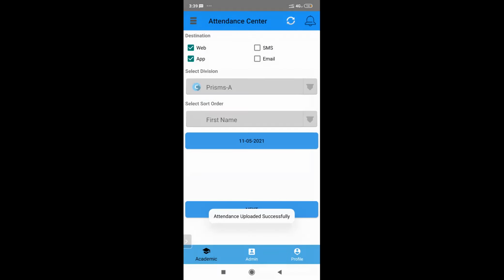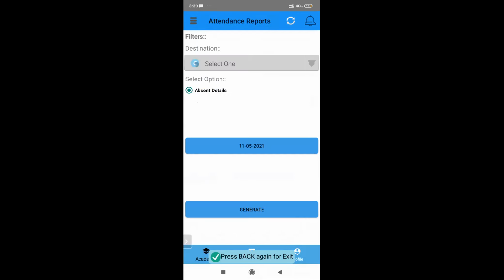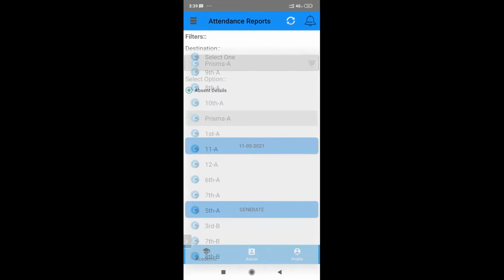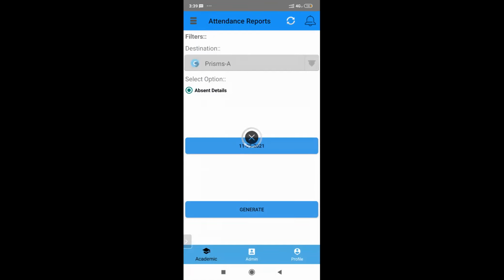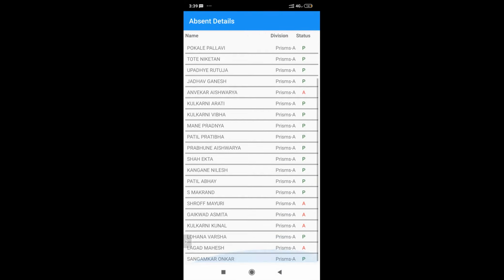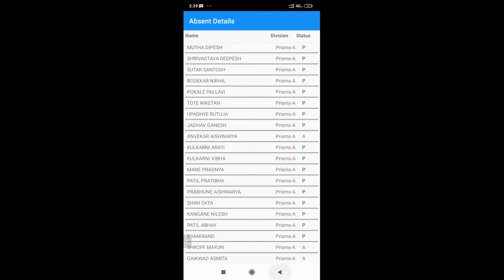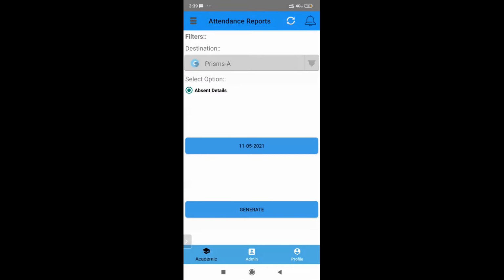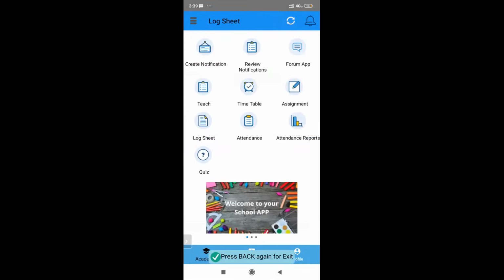So that's how you can mark your attendance. And once you mark attendance, you can also see the report. So that's about attendance and the attendance report.